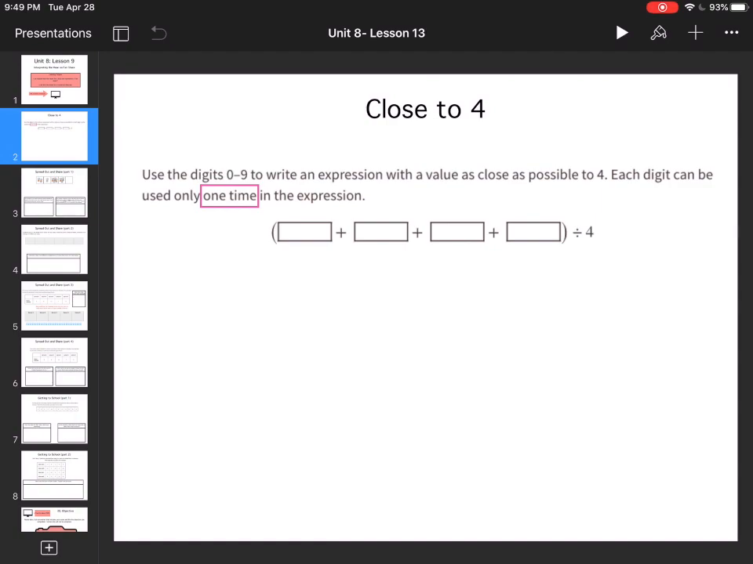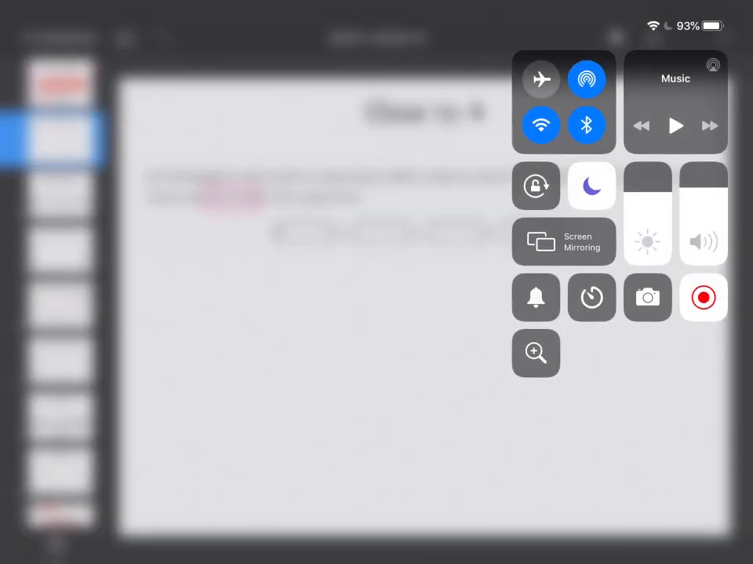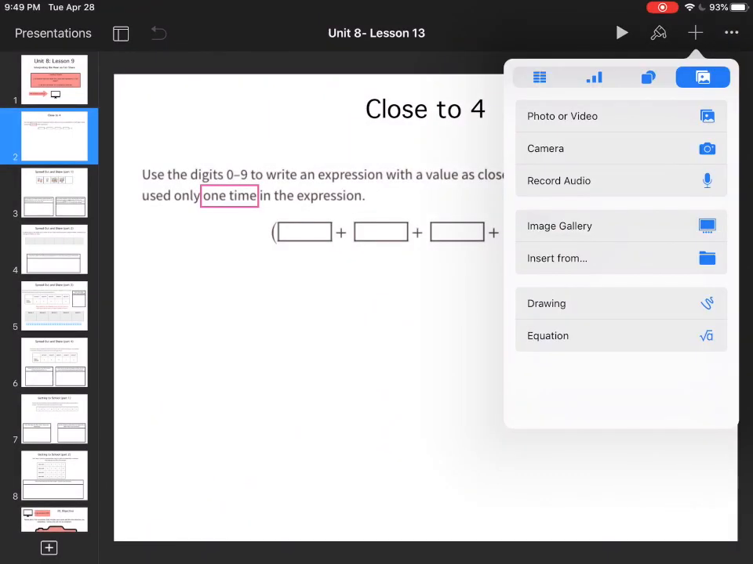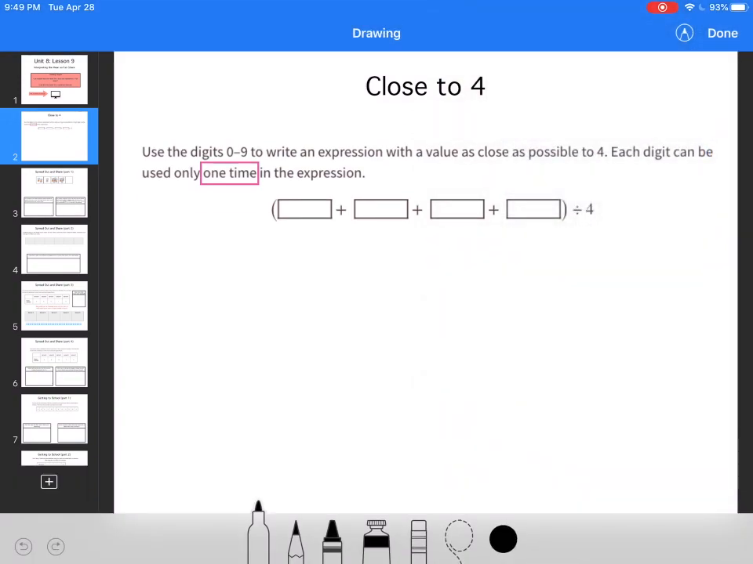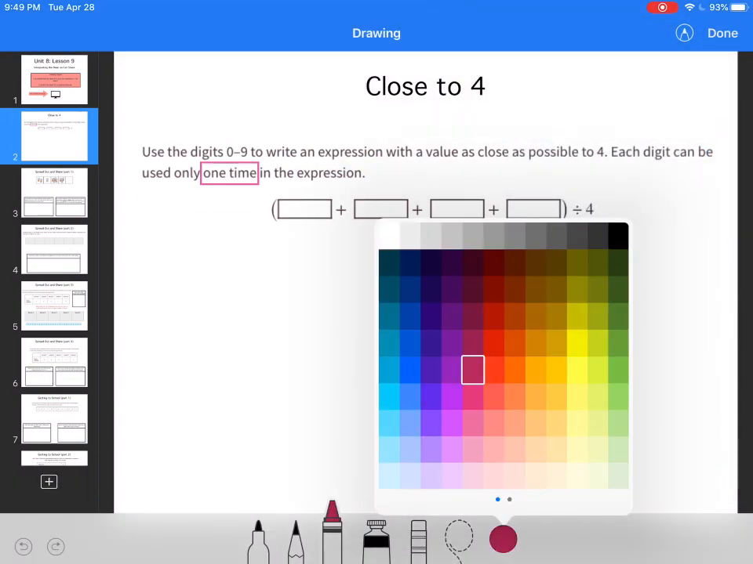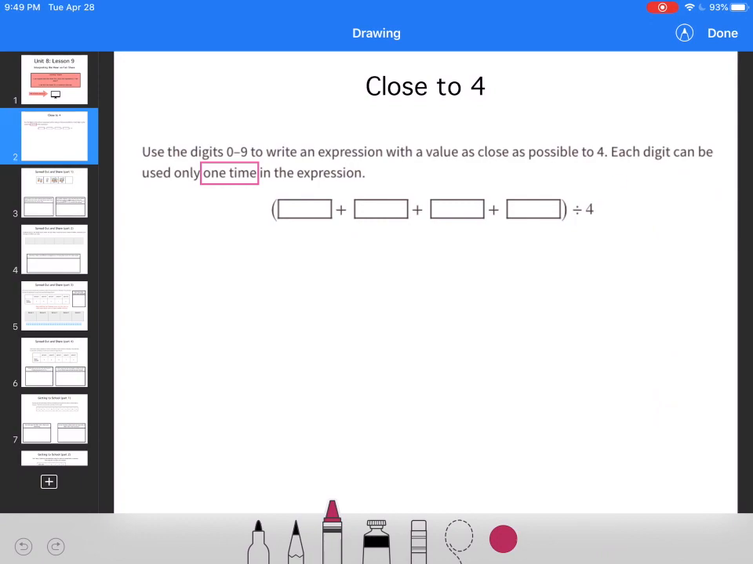So for this one it says, use the digits 0 through 9 to write an expression as close as possible to 4. Each digit can only be used once. So I'm trying to come up with something divided by 4 is going to equal 4. Well, I know that that's got to be 16. So I'm trying to come up with a number that's going to get me to 16,